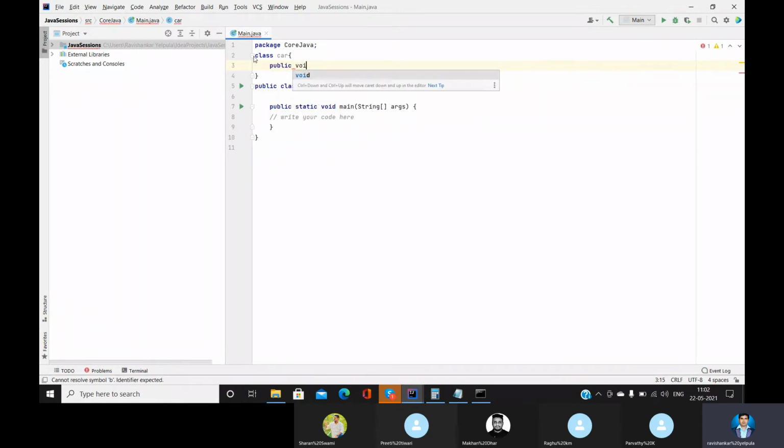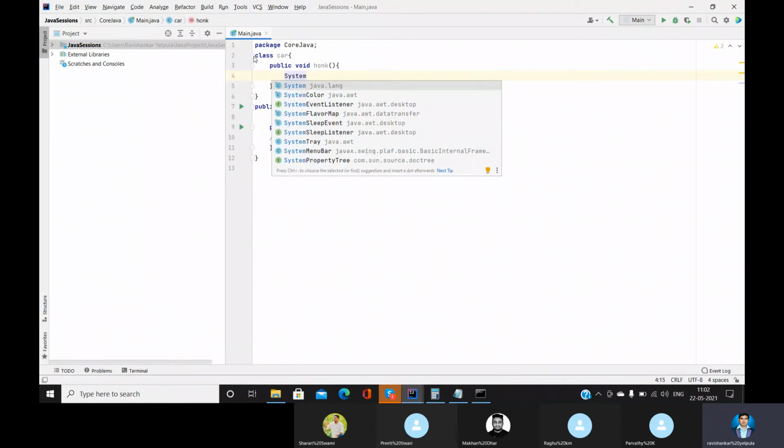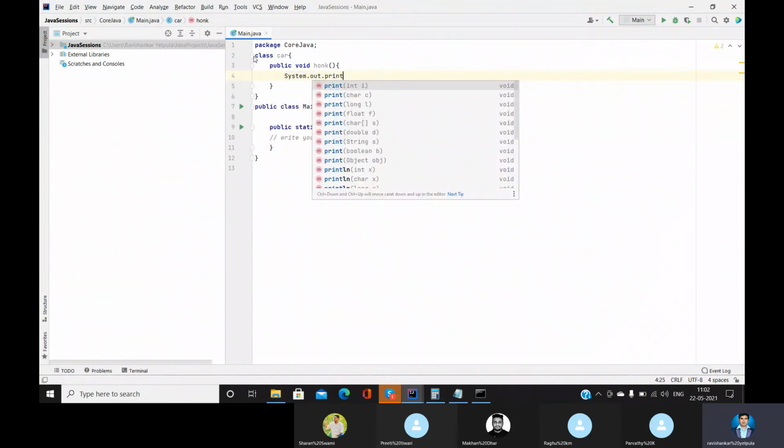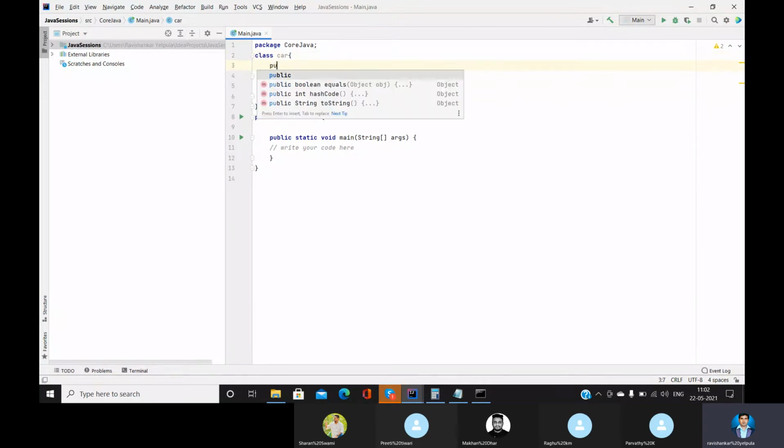Public void, System.out.println. Then we have one variable, we'll define one variable also.